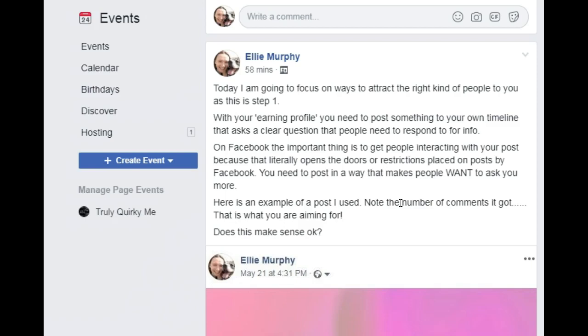I'm not sure if you know already, but basically Facebook limits the number of people who can actually see your posts at any given time. So, if you post something directly on your Facebook page and nobody responds to it, the chances are that either people have not seen it because it's been completely restricted by Facebook and is not being shared at all, or whatever you're posting is just not creating the interest or the curiosity for people to actually respond to.